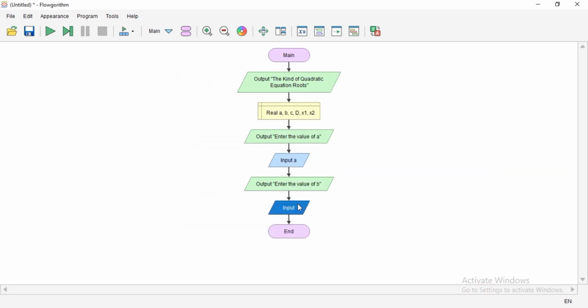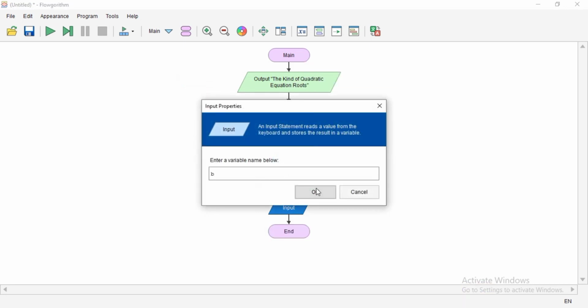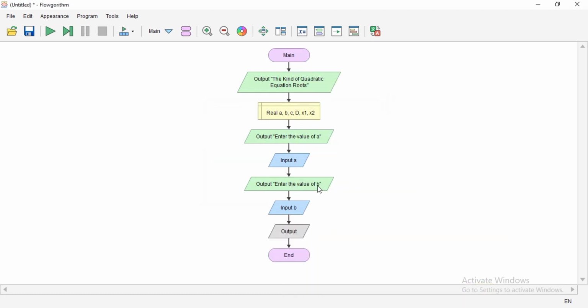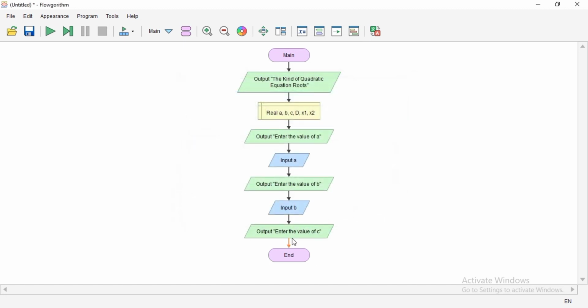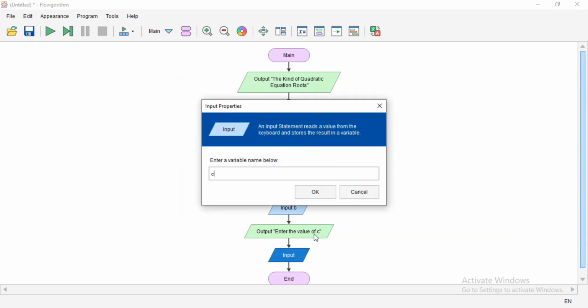Next, the input is b. Choose output, enter the value of c. So the input is c.